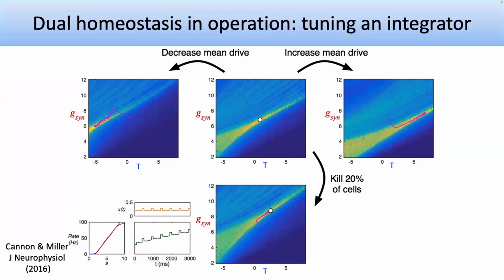Can we experimentally change the set point in vivo? No one has. I mean, the one experiment where I know they have changed the set point, which seems homeostatic, is in C. elegans, where these tiny little worms, if they're on a gradient dish, a heated gradient dish, so one side is colder than the other. If they are raised at a given temperature, so if they're raised at 15, they'll move towards 15. If they're raised at 20, they'll move towards 20 Celsius.